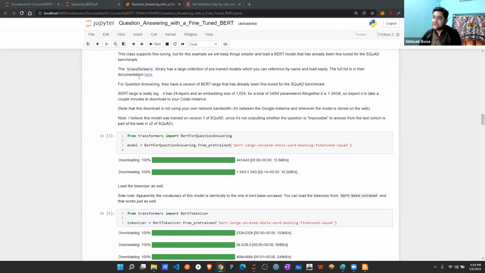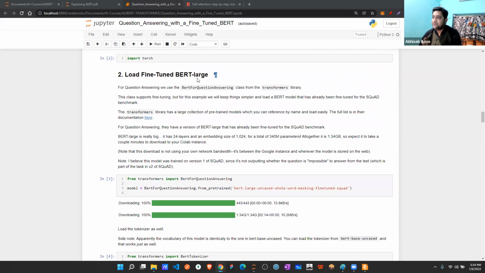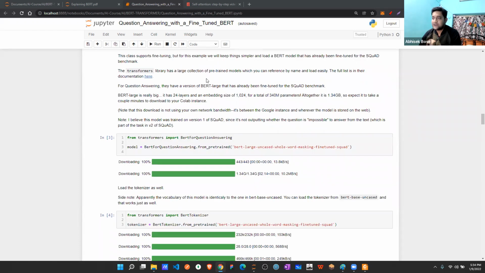Then what will happen? See, we load the fine-tuned BERT large. What is this? BERT large is a huge model. If you check, it is really big. It has 24 layers; we talked about 12 layers, and this has 24.